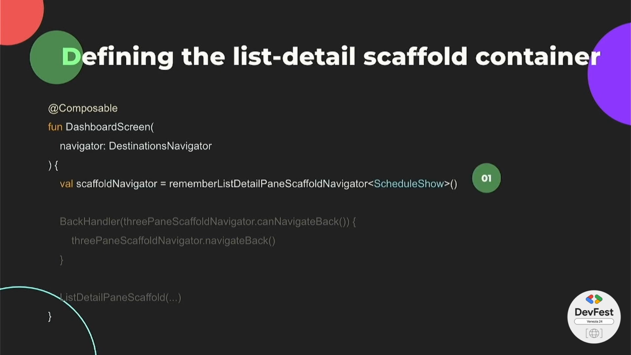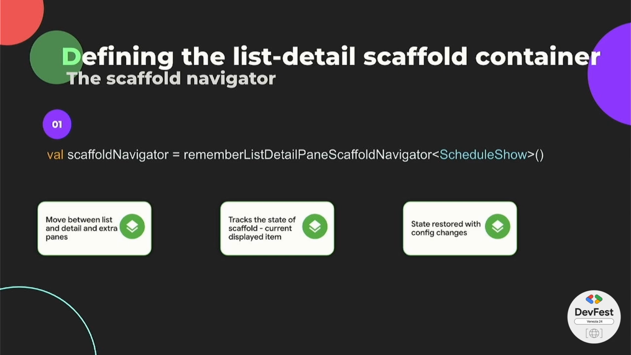And then in there, I'm doing one of three things. Basically three things. One, I define the navigator. Two, I define the back navigation, so when my user clicks back or clicks on the back arrow. And then three, I define the list detail pane scaffold. So the first one, which is the navigator, this enables you to move between the list and the detail when